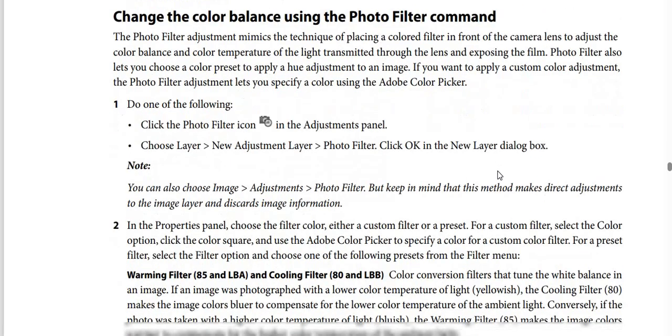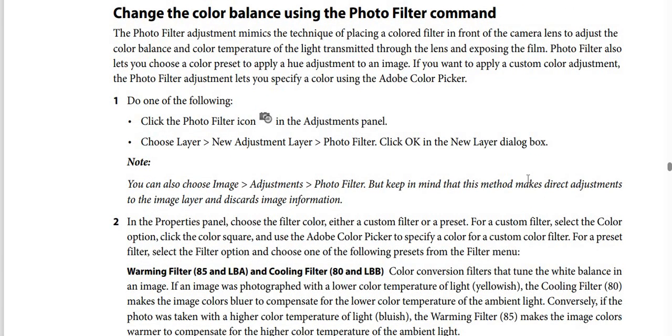Note and be careful please here now. Note that you can also choose Image, then Adjustments, then after that Photo Filter. But keep in mind that this method, by the way, makes direct adjustments to the image layer and discards image information. Step number 2. In the Properties panel, you can choose the filter color, either a custom filter or a